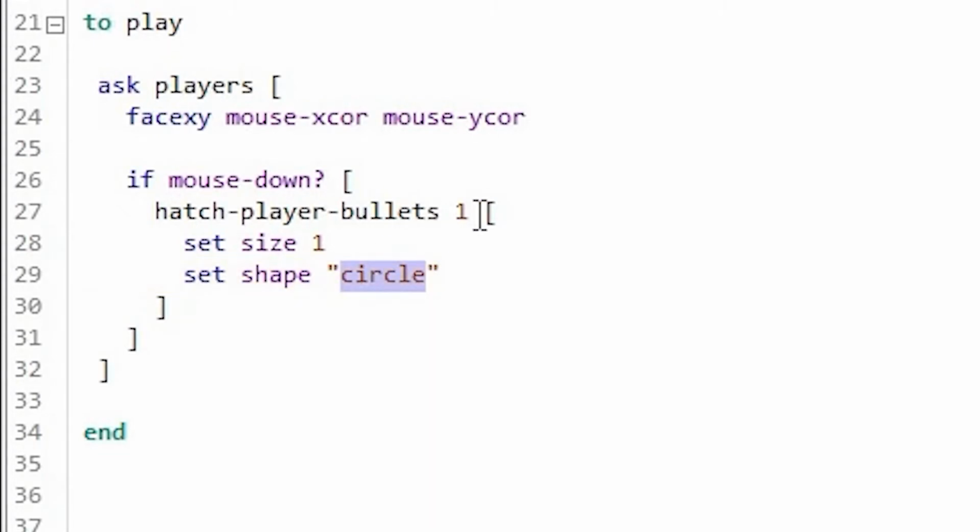Here it created the circle. But I think the previous shape is much better because it looks like an arrowhead. So instead of circle, I'm going to use the default shape.